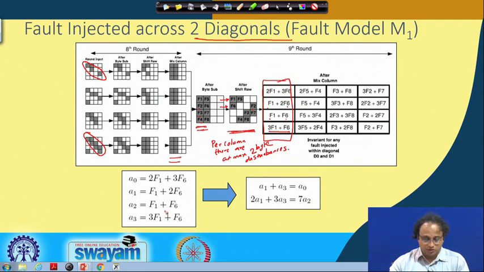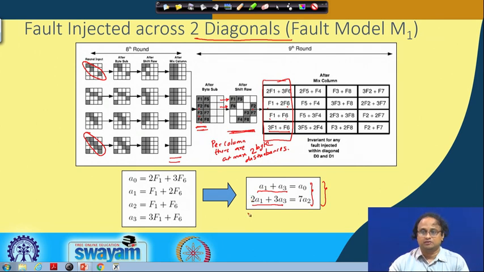So you form 2 equations, and as you can see, this equation is in terms of a1, a3, and on the right you have got a0 and a2. Now you can take these equations and use them to try to solve